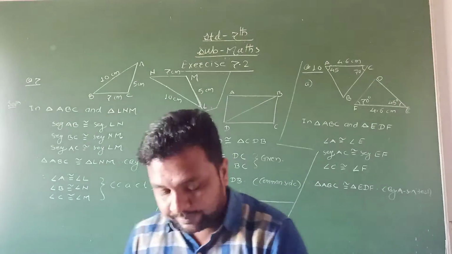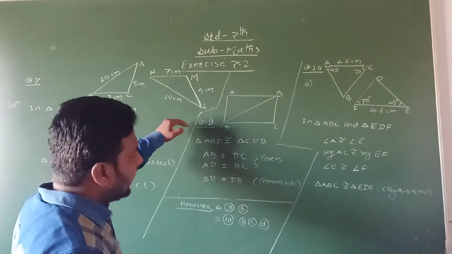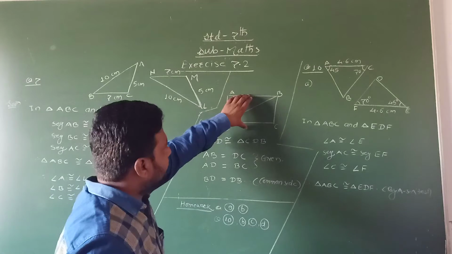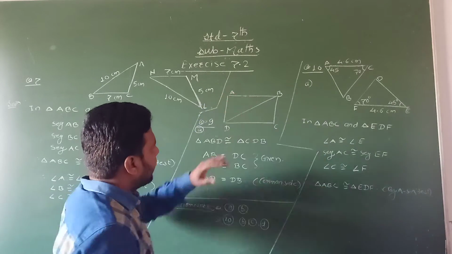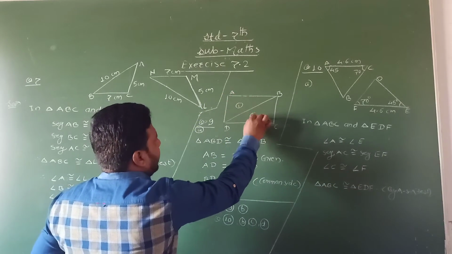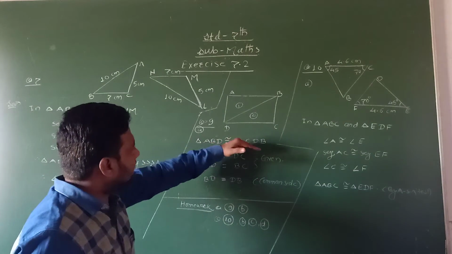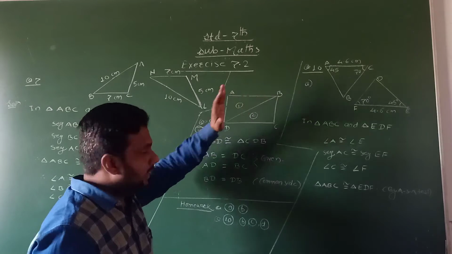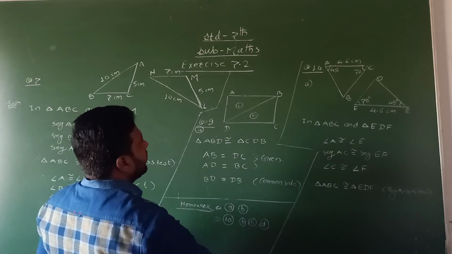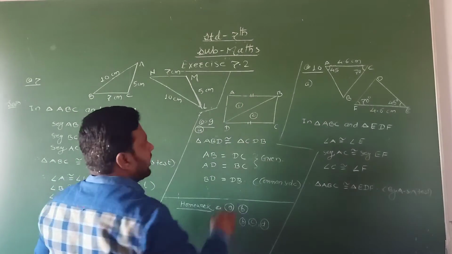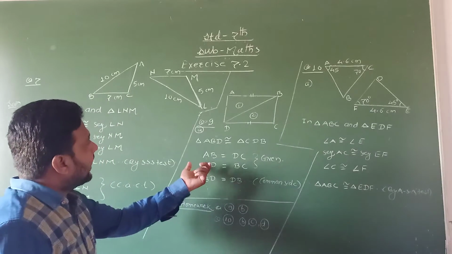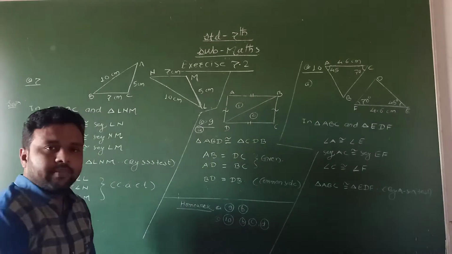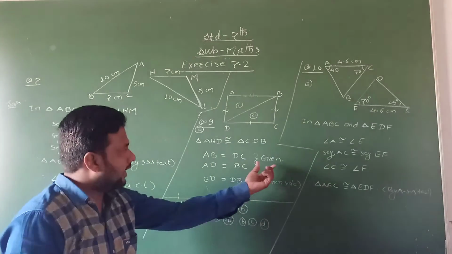Now see the question. In question number 9, here I take an example. Okay, the figure is given like that. Now for this figure, these two triangles are given. These two triangles are congruent. Triangle ABD is congruent to triangle CDB. In that, AB is congruent to DC, one pair of the corresponding side. And AD is congruent to BC, second pair of the corresponding side in these two triangles. It is already given.